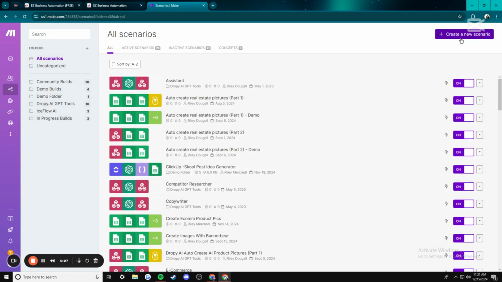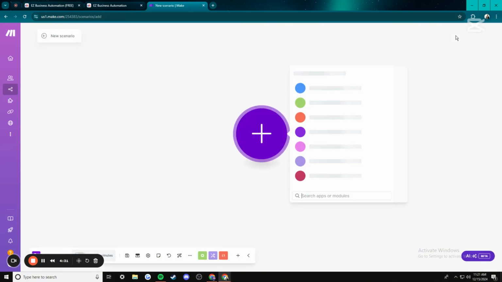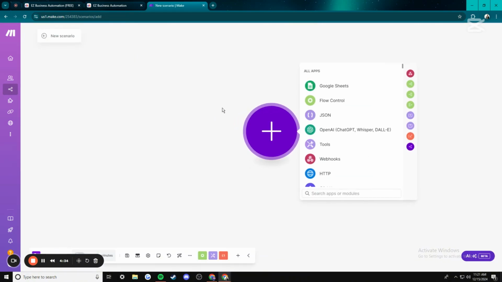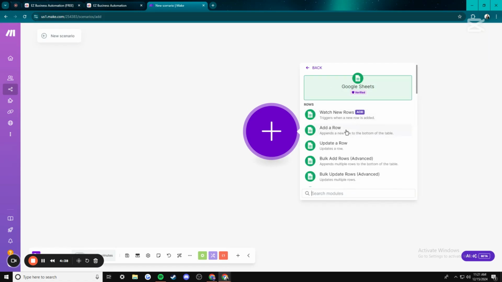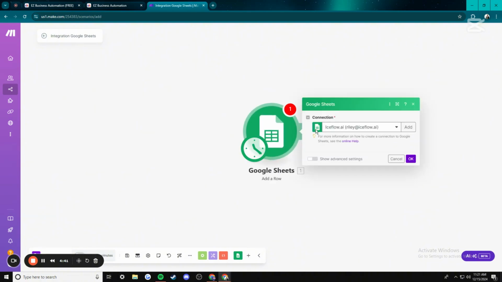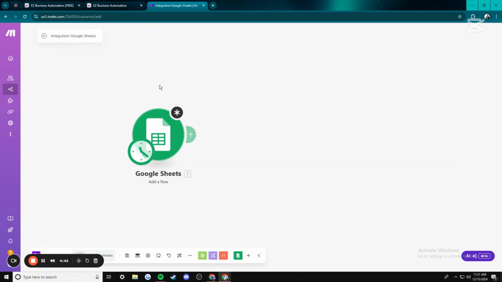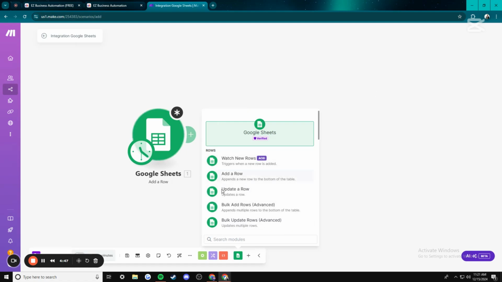If you want to create a new scenario, you would just press this button on the top right hand side here, which will create the new scenario, and then you can build and do whatever you want in here. So if you want to add a module, like say for example a Google Sheet module, you can choose whichever function you want within Google Sheets and then add it to the scenario here. So I clicked on add a row, so this will add a row to a Google Sheet whenever this scenario